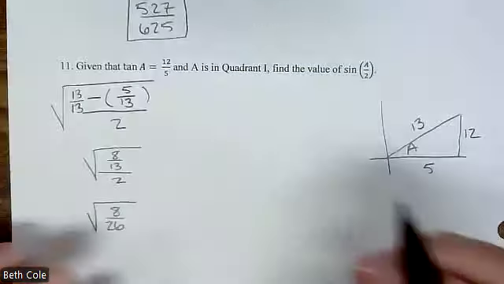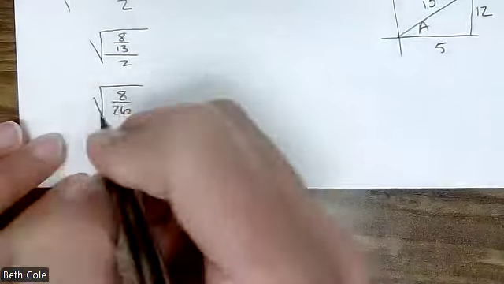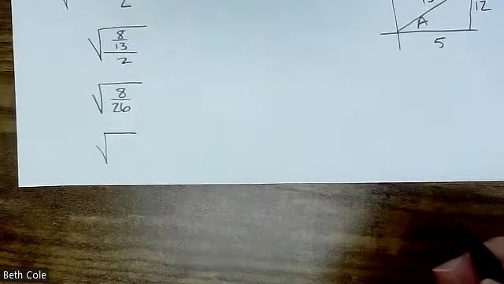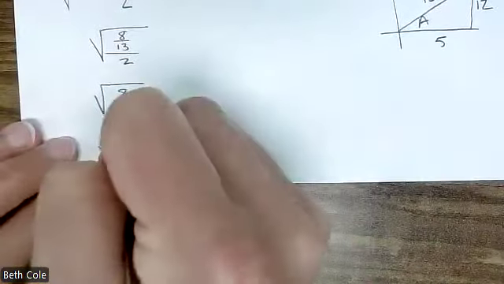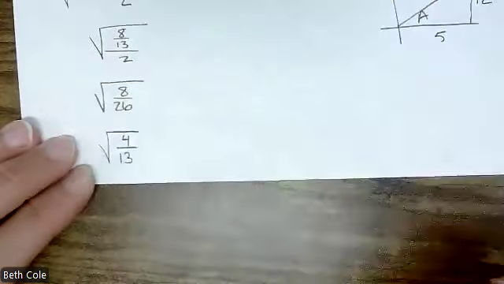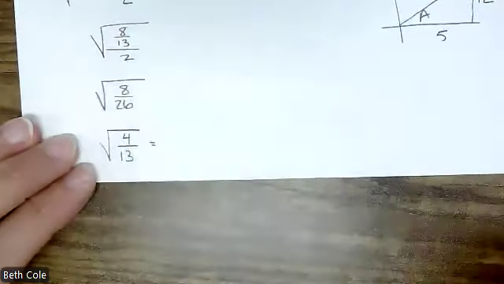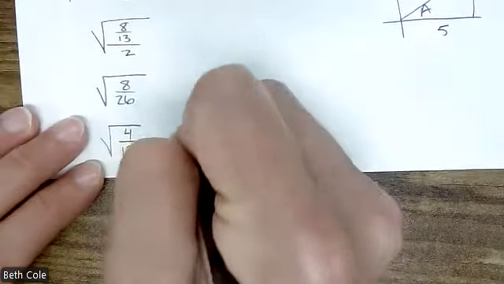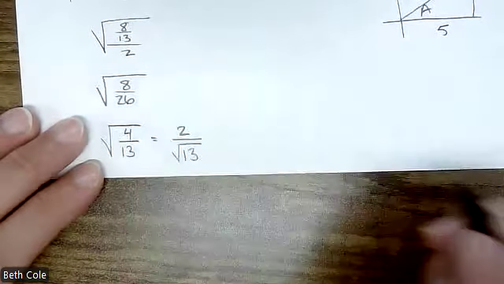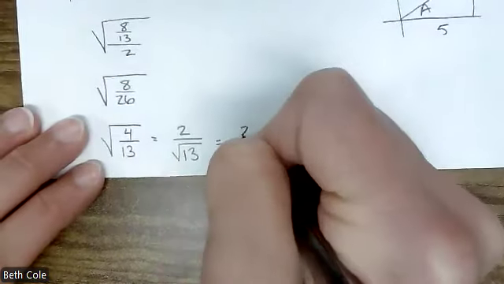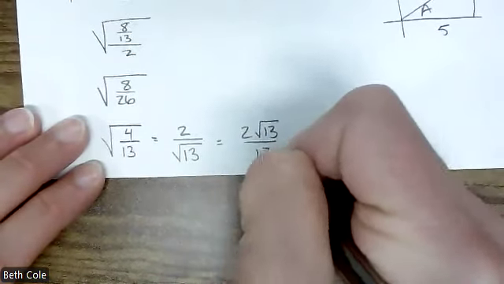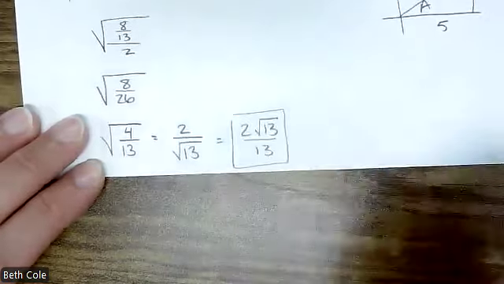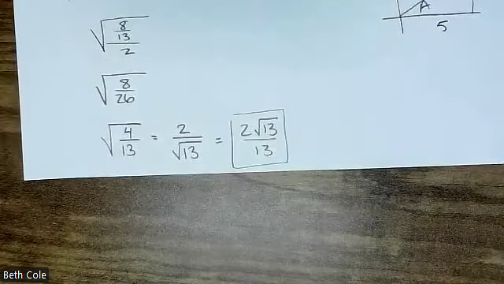All right, 8/26 reduces. They will both divide by 2. So it'll be 4/13, almost there. What's your square root of 4? 2. So it's 2 over square root of 13, and then rationalize. So your final answer is going to look like that. Is this stuff on the